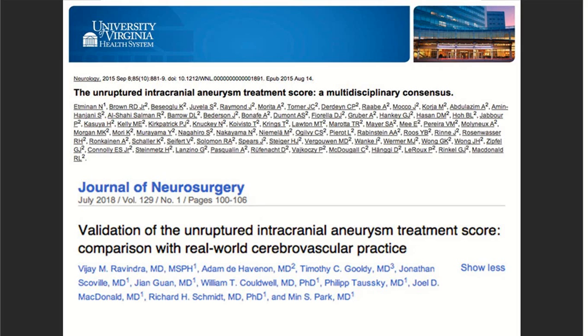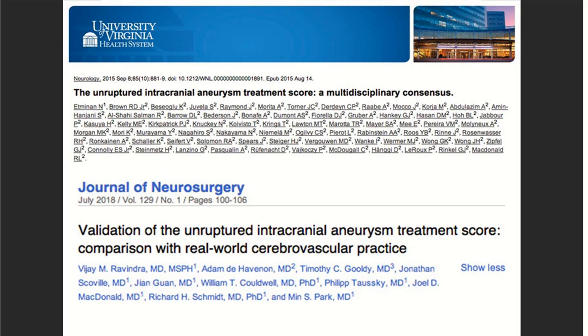And with this, they came up with a scoring system as well, and they said, based upon the score you can have either recommended treatment, recommended observation, or what's called the gray zone, when either treatment options are reasonable. We actually looked at this when I was at Utah and determined that, in essence, looking at a real-world practice in a retrospective manner and applying the UIATS score to it, we actually found that this